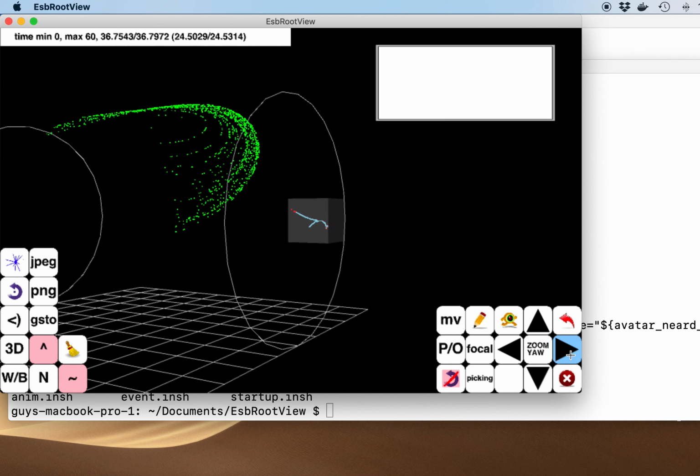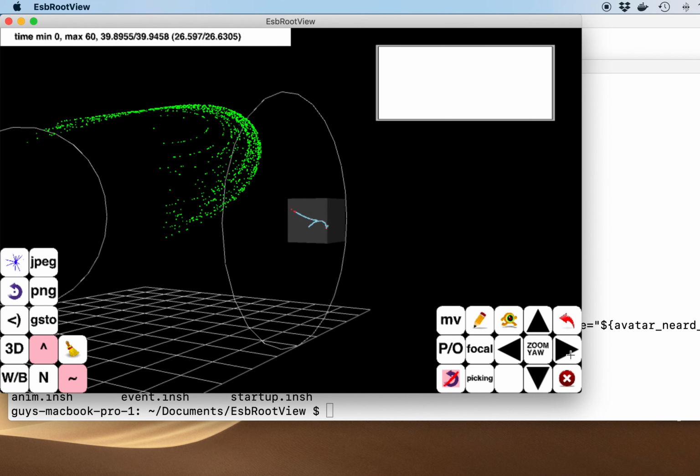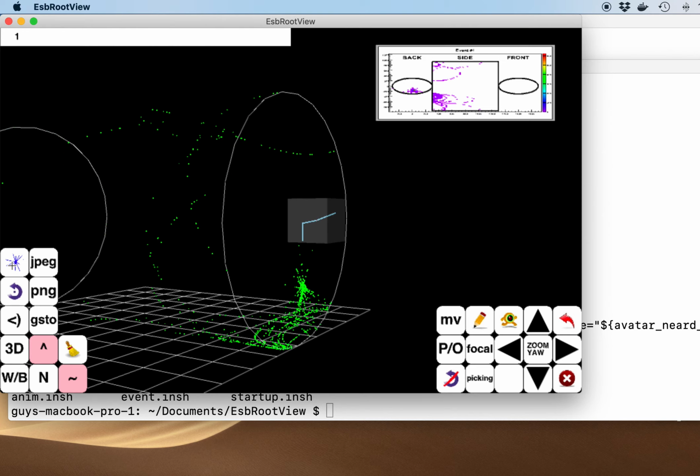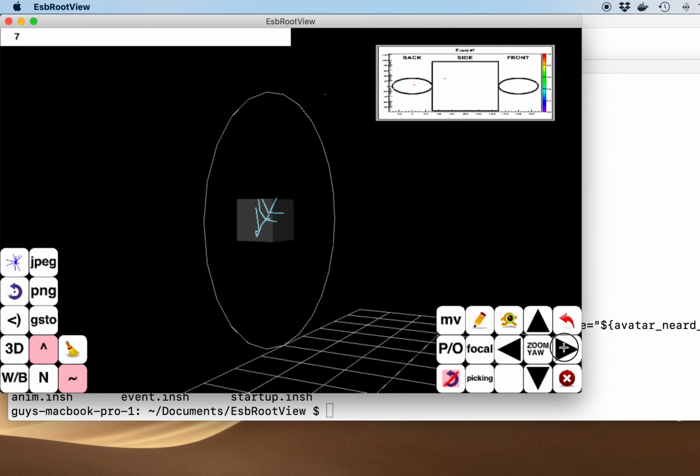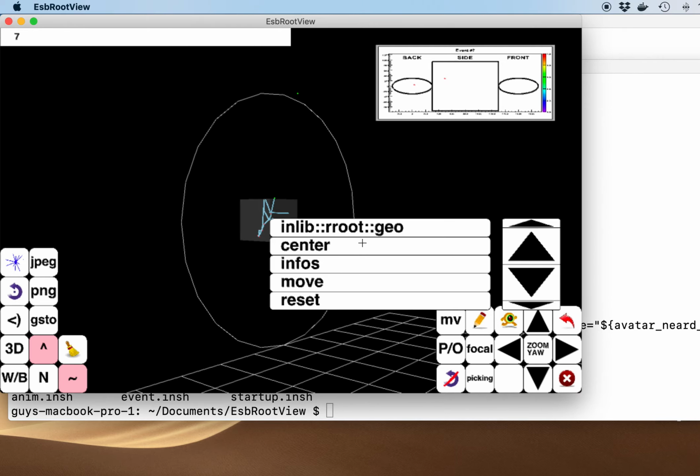Okay, I think that we have finished the first burst. There are a little bit more hits that appear a little bit later. Okay, there is a nice event which is interesting to look at in time. I think it's this one. Yes. Then center.